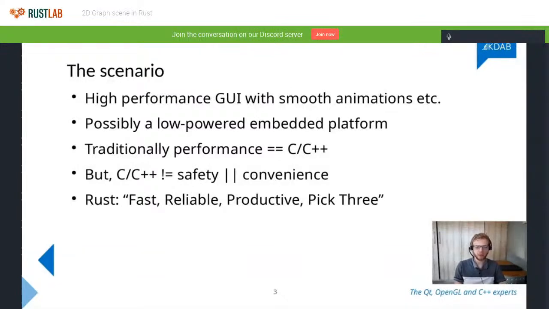Traditionally, the only way you're really going to get high performance on a low power system is by using a high performance language like C or C++, because you do need to extract the maximum performance you can out of the hardware to get that acceptable performance. Now, obviously, C and C++ aren't the only options around, but they are kind of the major options. You are probably using one of those two.